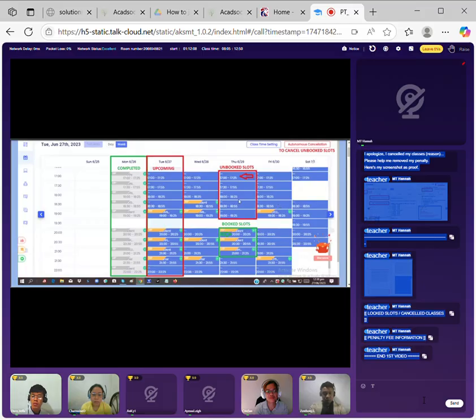All right, great. Now let's move on to this unbooked slots. Now, teachers, once on your slot, you can only see the start time and the end time of the class, it means to say this slot is still unbooked. Okay. Now, there's still a possibility that a student will book the slot. Okay. Now, once that you have an unbooked slot, just remember, refresh your class table at least 3 minutes before